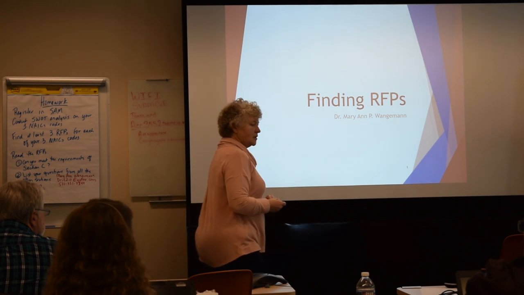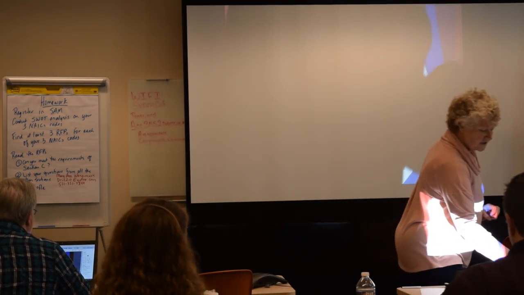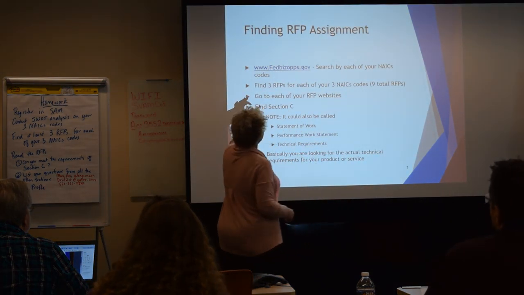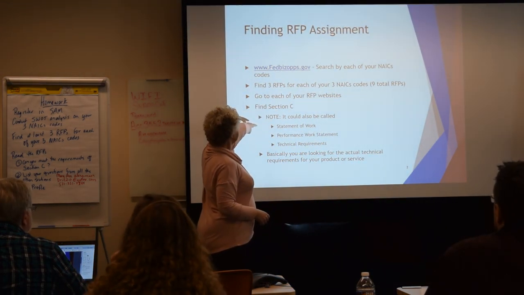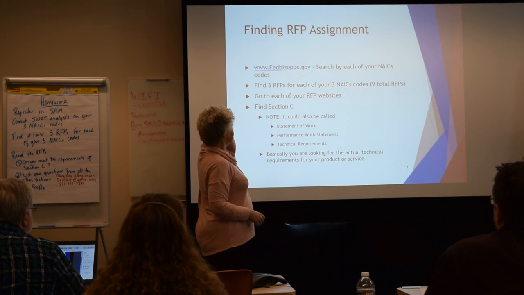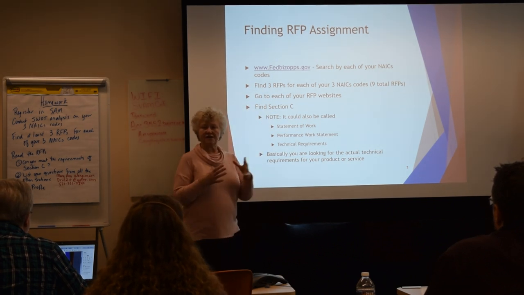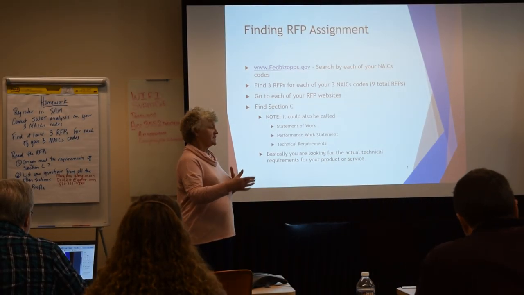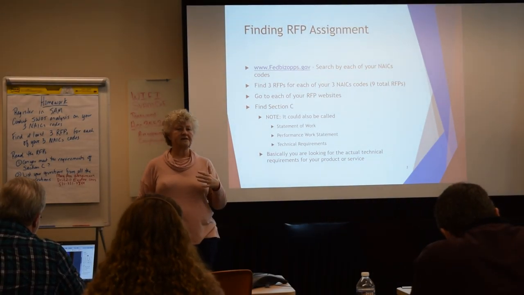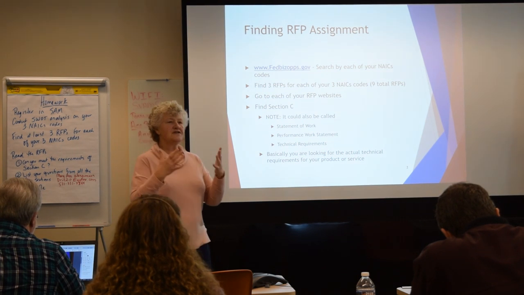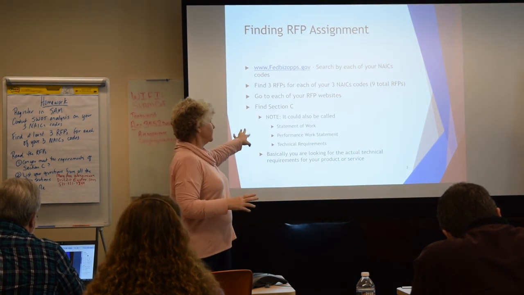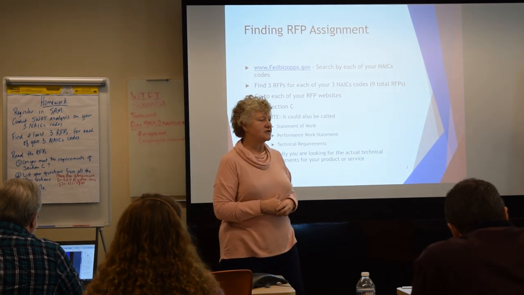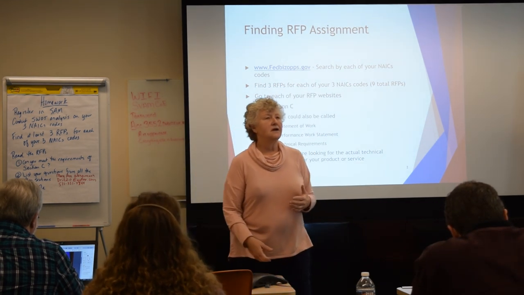Okay. All right, so let's just talk about this finding RFP process. We talked about FedBizOps. So here's what I want you to do. Find 3 RFPs for each of your NAICS codes. Go to your websites. In Section C, now your Section C may be called statement of work, performance work statement, technical requirements. And just so you know, I want to talk to you a little bit about the difference in these things. And we're going to have a session on it later, but just in case you start seeing these words. Okay, so